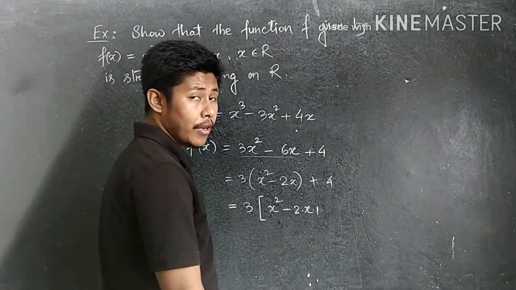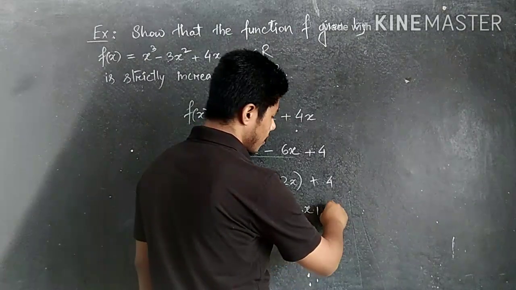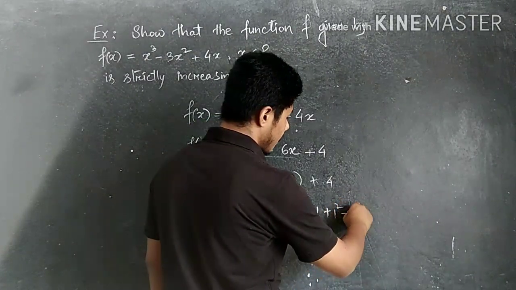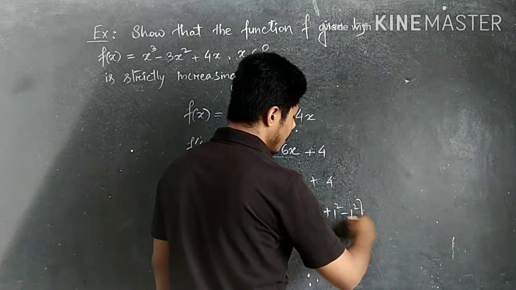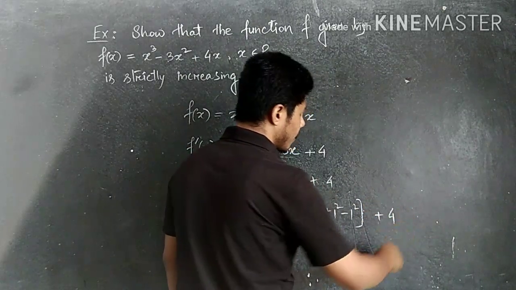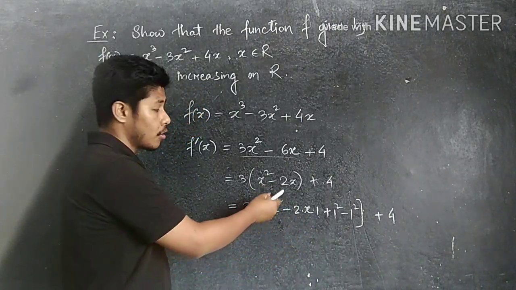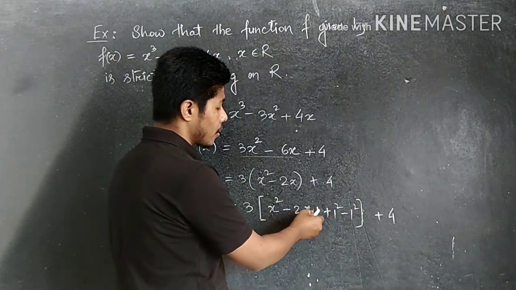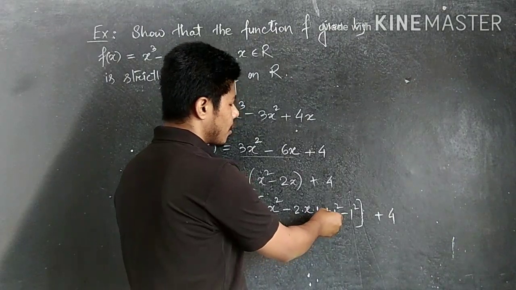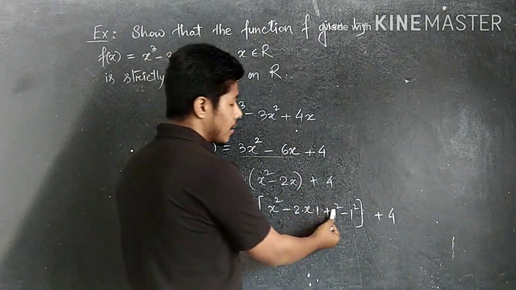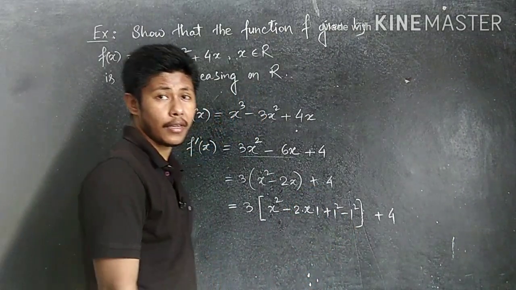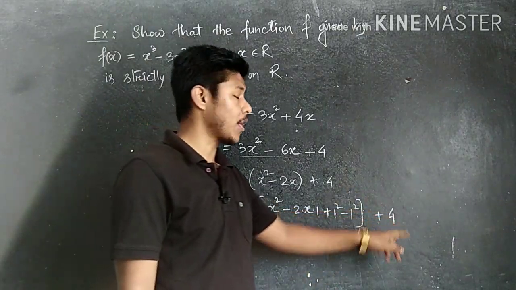Ultimately the result is what? Twice x. So we need here 1 square, so that's why we have to add 1 square and then subtract 1 square to balance this result, and ultimately this one is 4. Is it clear? So we just rearrange the result here. X square is here, so twice x means we write 2 into x into 1, and we need 1 square, so that's why we write 1 square, and to balance this result we have to subtract 1 square. Is it clear? And then finally plus 4.